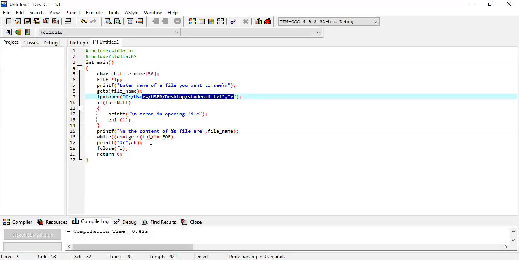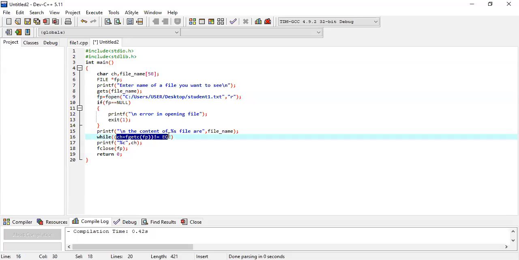So for reading, you have to execute this condition. What is the condition? You compare ch is equal to fgetc fp, so the character not equal to EOF. What is the meaning of EOF? The full form of EOF is end of file.